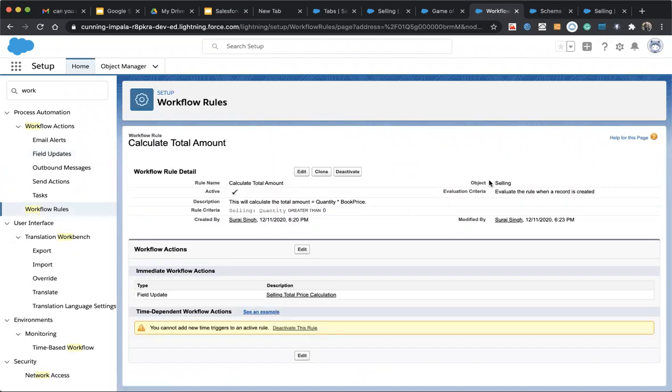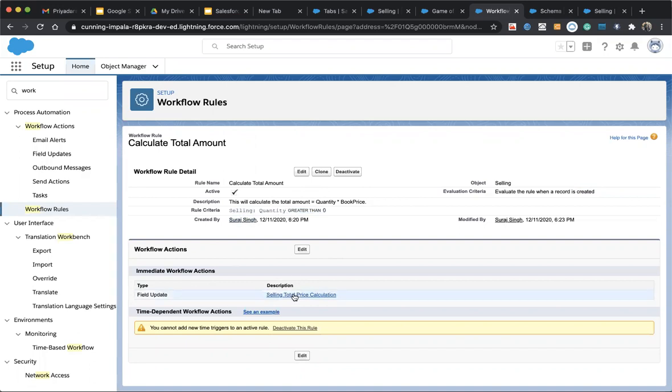That workflow, since we have to work on the selling object, so I will choose the selling object there, since I just want that whenever the record is created, at that time it will do the calculation. While running the workflow, it will check if the selling price is greater than 0. If it is greater than 0, then it will do all the actions, else it remains as it is. So as you see, when I enter -1, it will not work. When I enter 2, it will work.